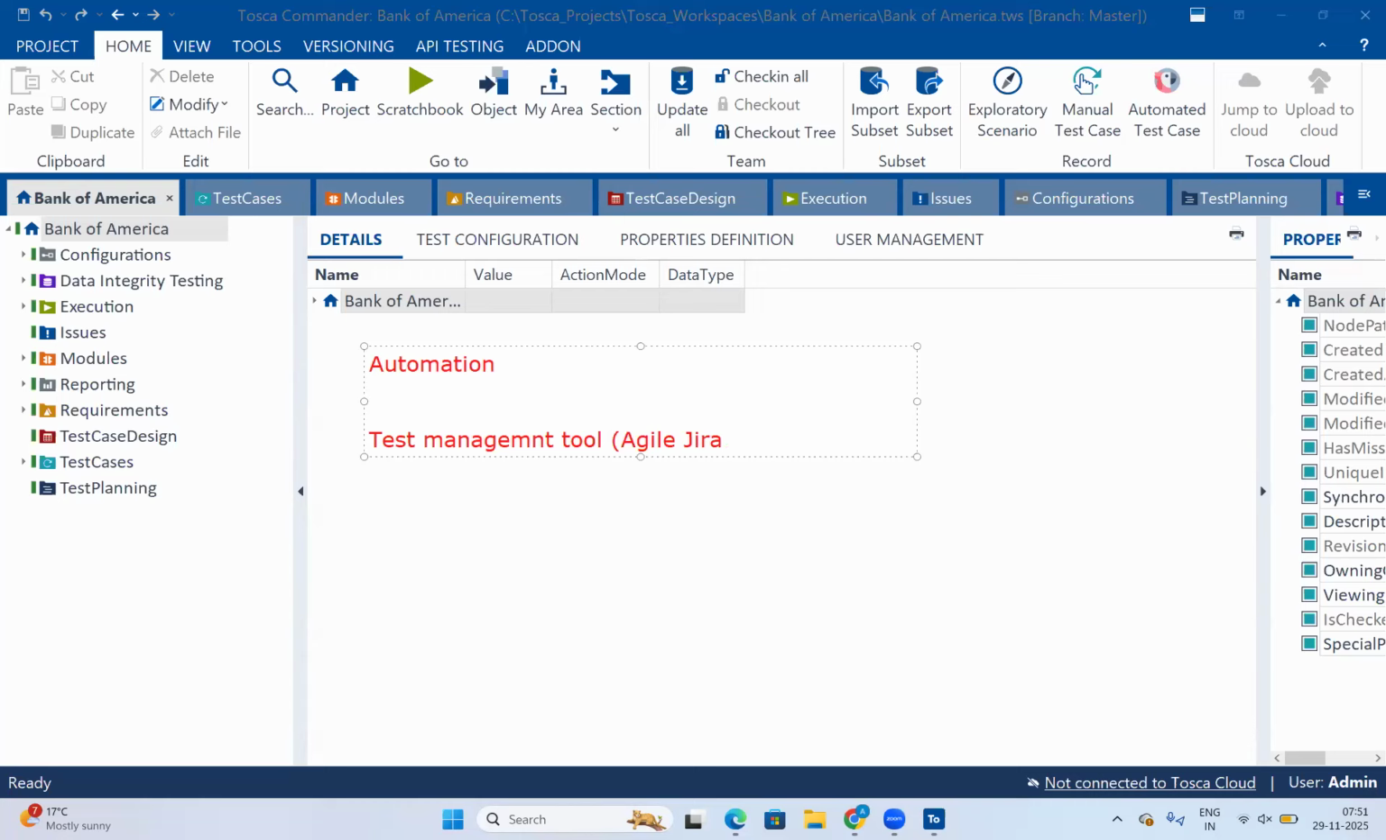To track the project status, we maintain the requirements, test plannings and executions, track record, everything is available under this. And using this Tosca project, we can do a data driven framework,